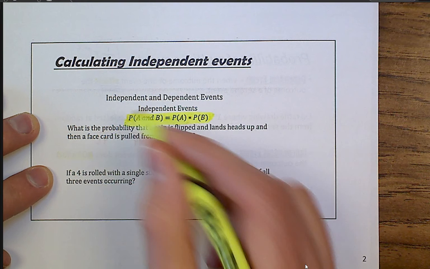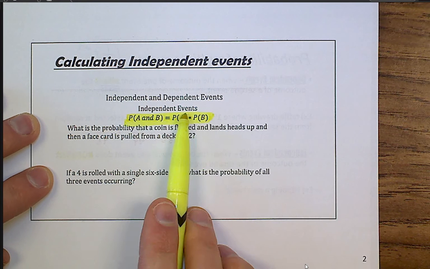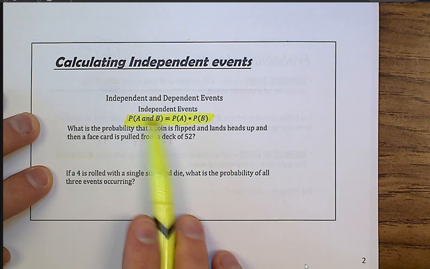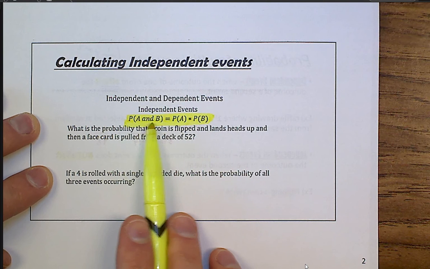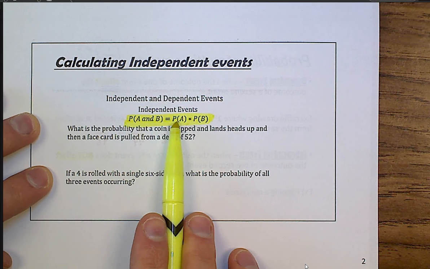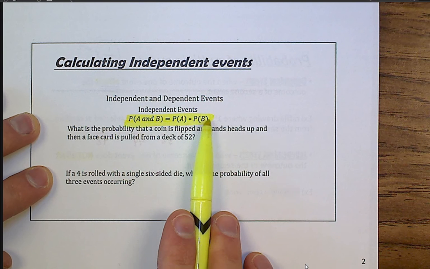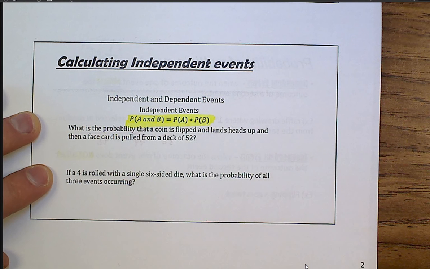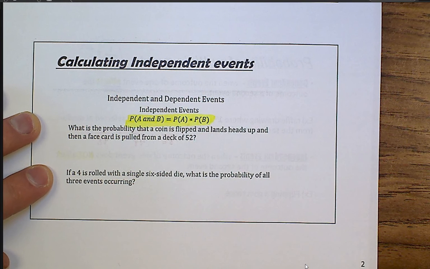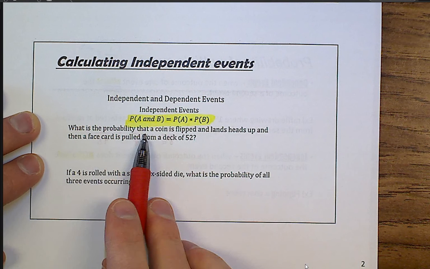So basically, when you have independent events, this is the equation you would use. The probability of A and B happening equals the probability of event A times the probability of event B. That's what you're going to do: multiply the two separate independent events together. All right? So when we look at this, what is the probability that a coin is flipped and lands